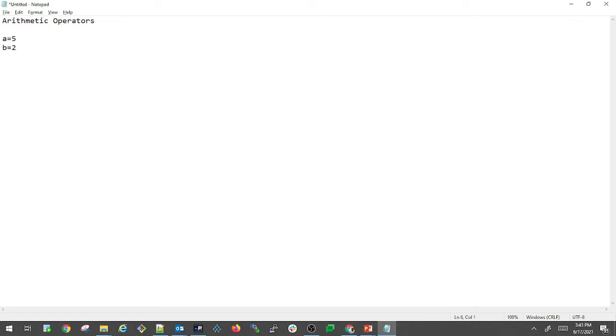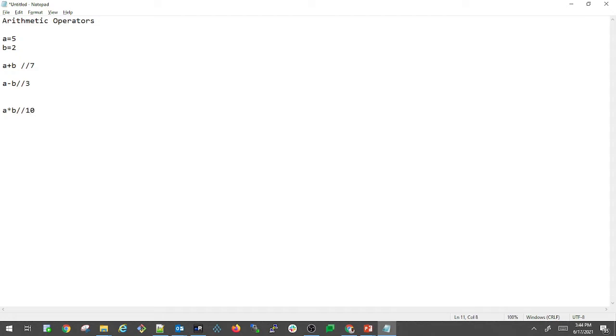If you perform addition on these two variables, a plus b, the value will be 7, which is the addition of these two variables. Let's say you perform a subtraction, a minus b. In this case 5 minus 2 is 3. If you perform a multiplication, a into b, the value will be 10.